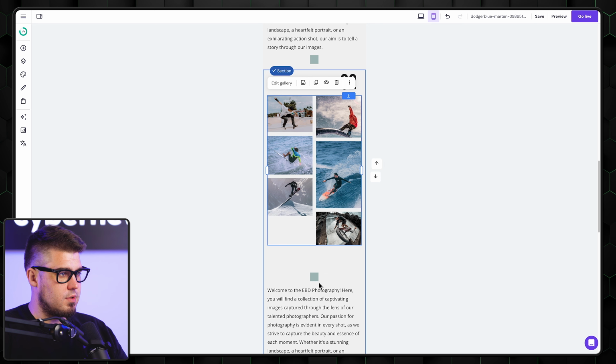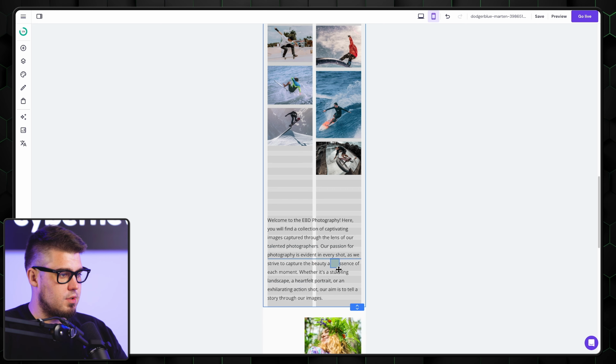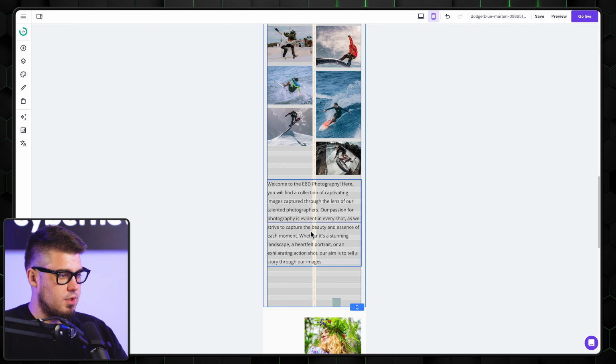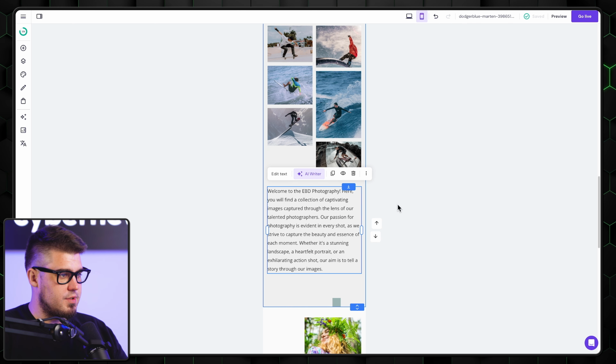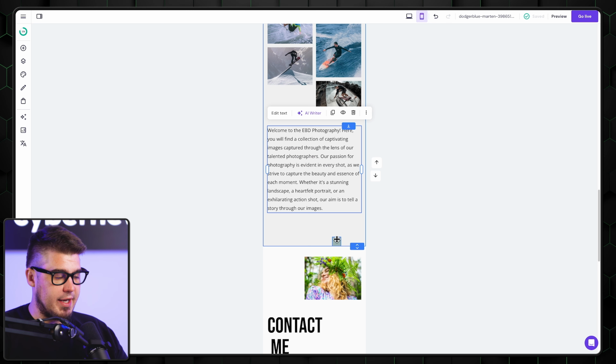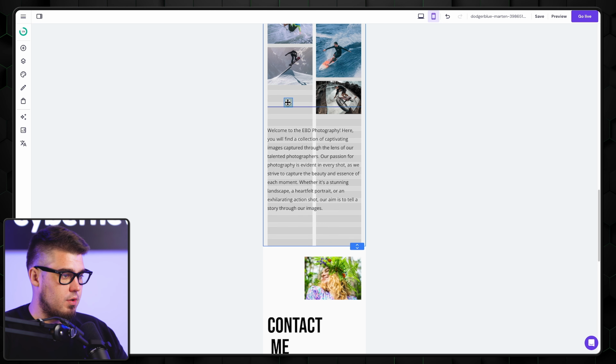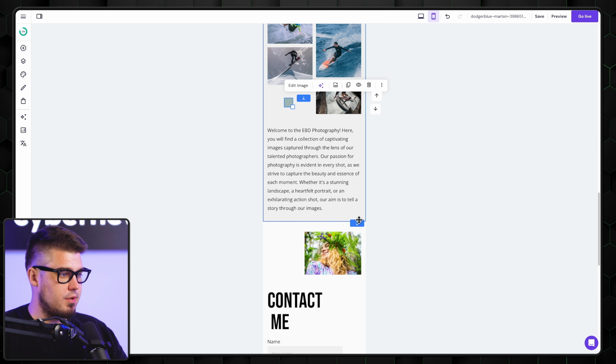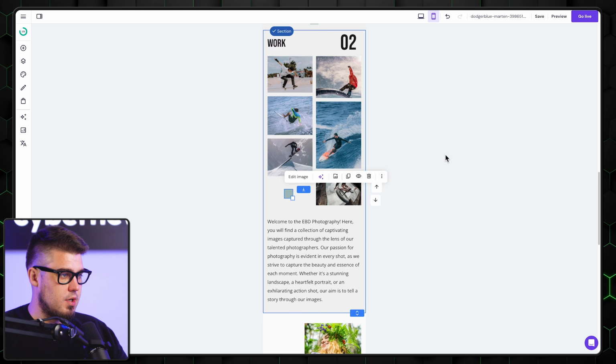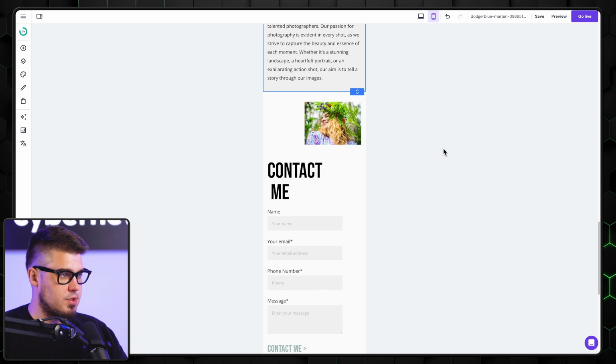Let's move it a bit. I'm gonna move here first. Now, a thing about this mobile view is that if you delete an element, it's deleted in both versions. So if you want to manipulate something, you can just hide it or show it. Right, so we can just move this shape right here and minimize the size of this section. Okay,